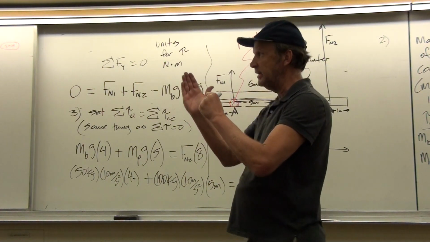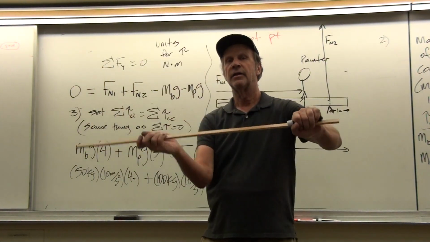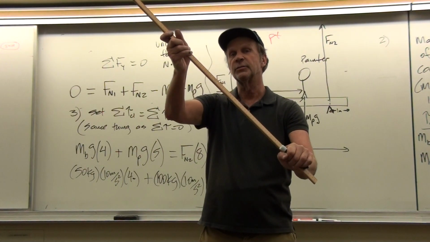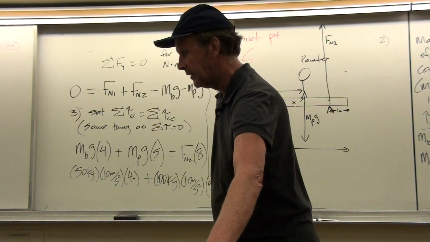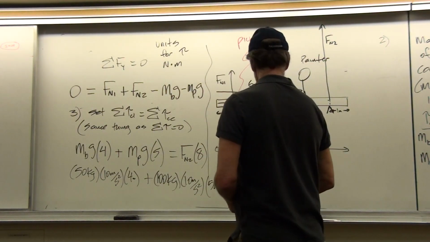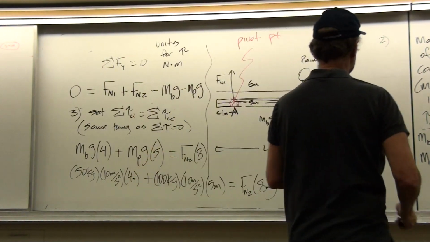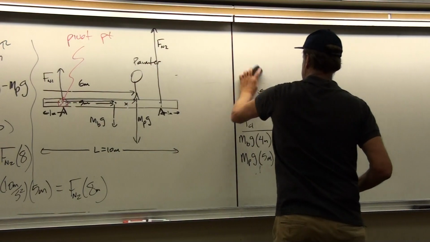Now if you rotate an object, a mass, through an angle theta, then you're doing work because the object is moving, but not if it's in a static situation, as is the case here. Okay, so we're almost ready now to solve this problem. And we just solve for the desired unknown.